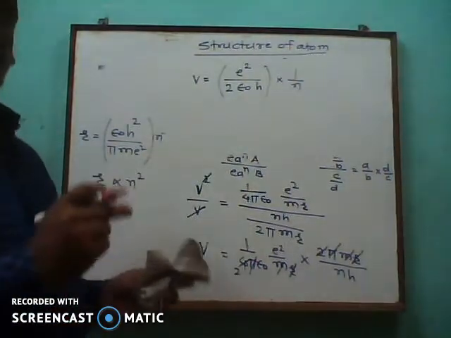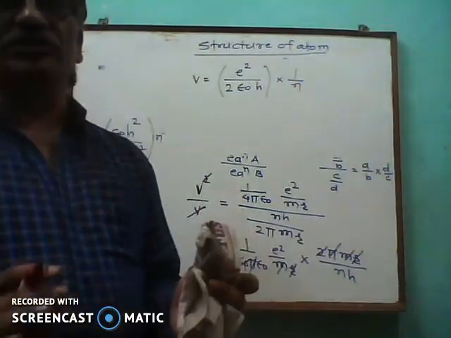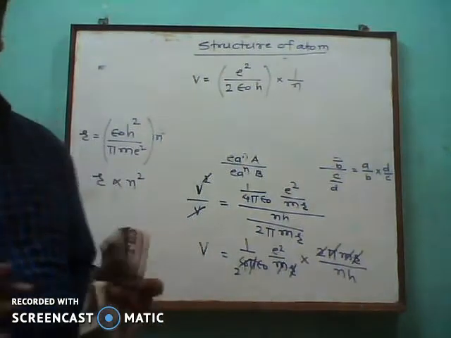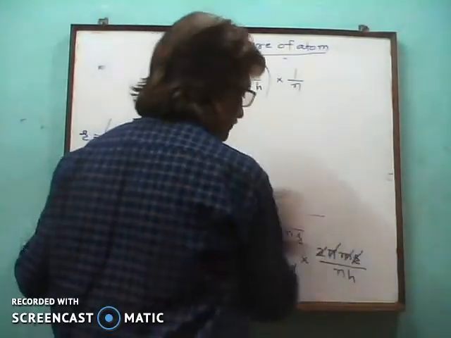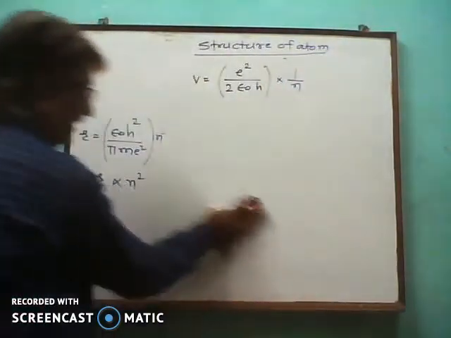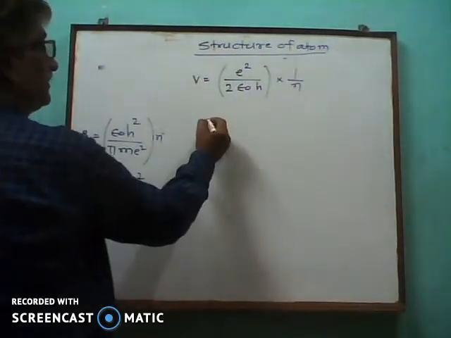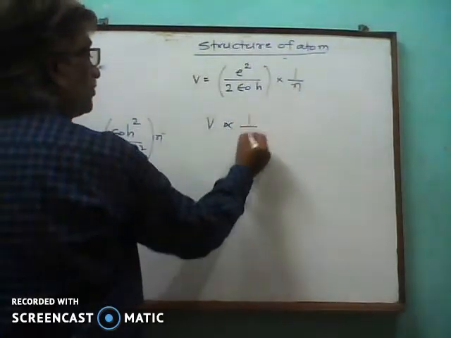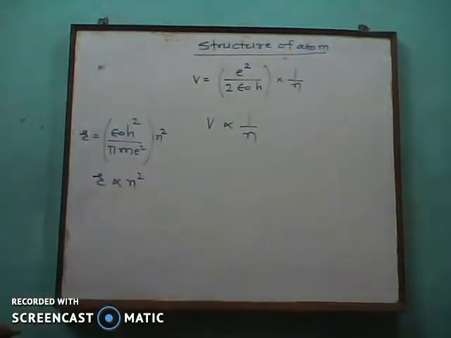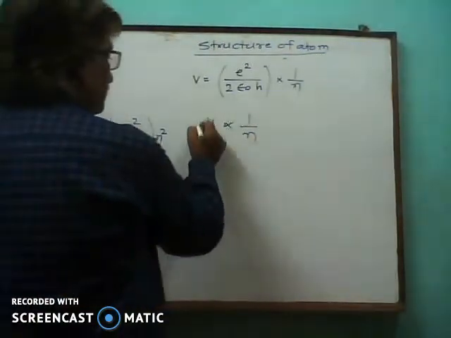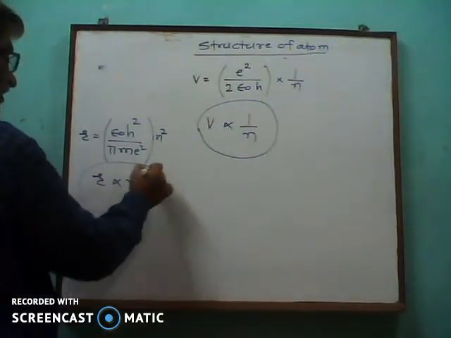This is the expression for velocity of electron in Bohr's theory of hydrogen atom. If the bracket term is constant, what happens? If the bracket term is constant, e constant, epsilon 0 constant, h constant, then v is inversely proportional to n. Here radius is directly proportional to n square, and here, in another formula, velocity is inversely proportional